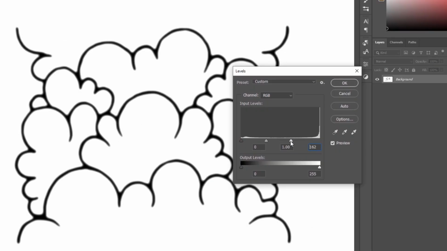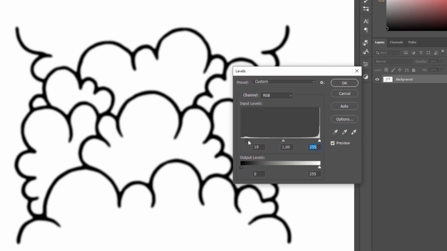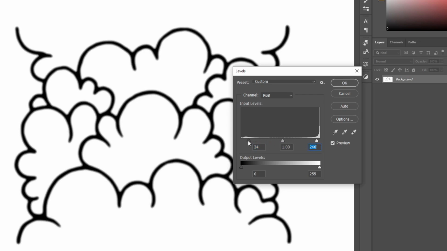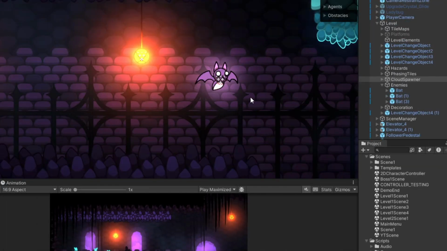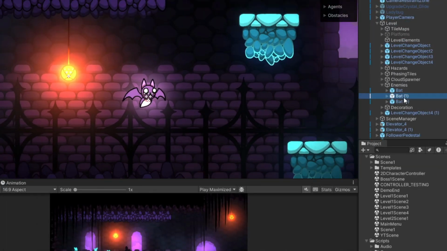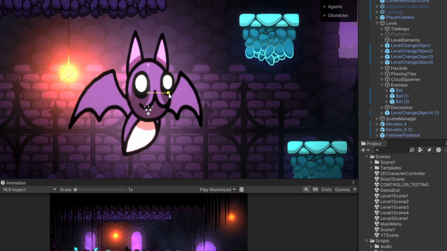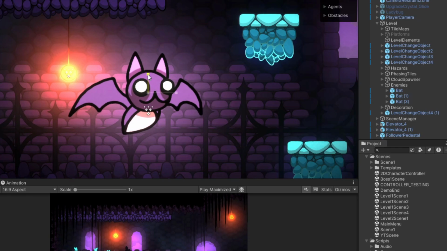Another thing we can do with the blurred image is change the thickness of the lines based on how we adjust the sliders in the level setting. This is very useful if you want to change the size of an object in your game without messing up the edge thickness, which is definitely a common mistake in a lot of games, where some objects just look very out of place with inconsistent edges, which can really hurt the visual quality of a game. So it's very important to adjust the line thickness while creating the asset so that it fits well with the